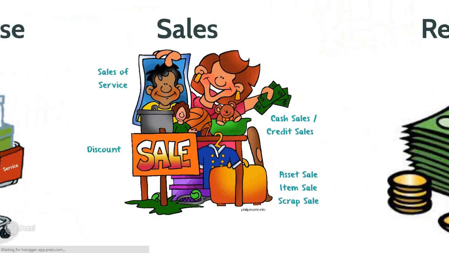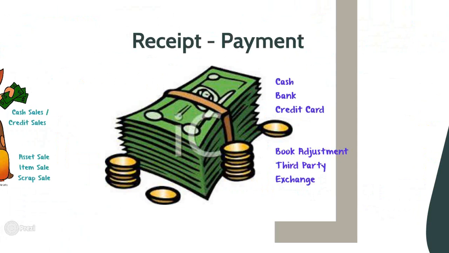And receipt and payments: the mode of receipt and payment can be different. I can receive cash, I can make the payment in cash, through a check, bank transfer, credit card, book adjustment. Can anybody explain what is a book adjustment? Whenever debit and credit card will just go to them instead of paying and receiving. Yes, so instead of making a payment, I will transfer it to some other thing, or against any other due, I will set off. Then third party means,